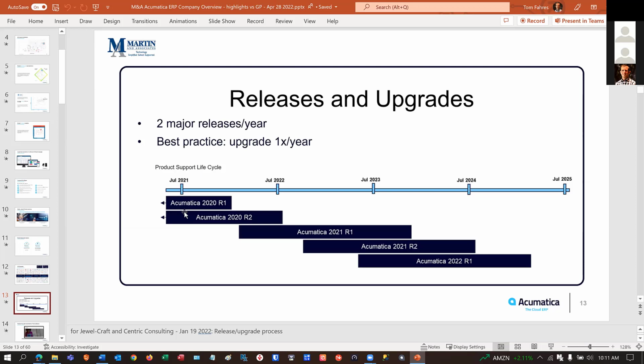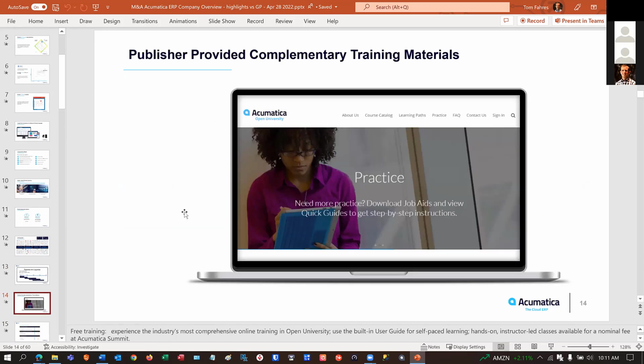Two major releases a year mean that a service provider like Martin Associates will help customers with the upgrade process, and some of those upgrade process options include automated upgrades annually. Okay. We'll highlight possibly at the tail end of this some of the